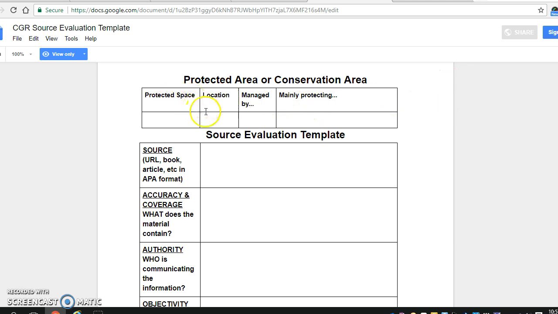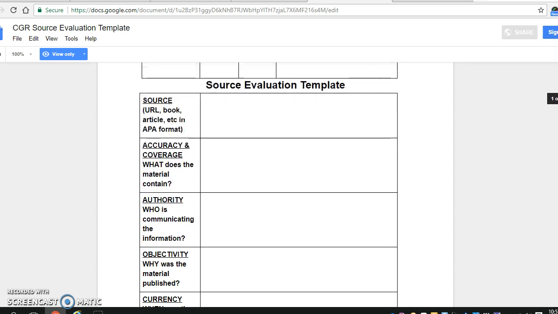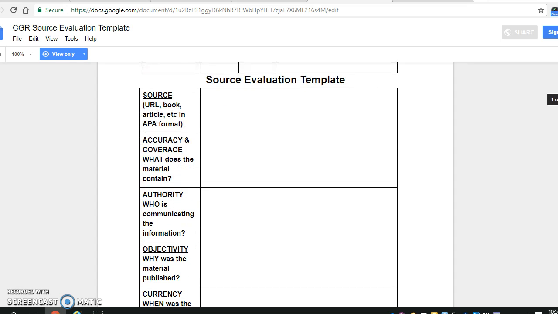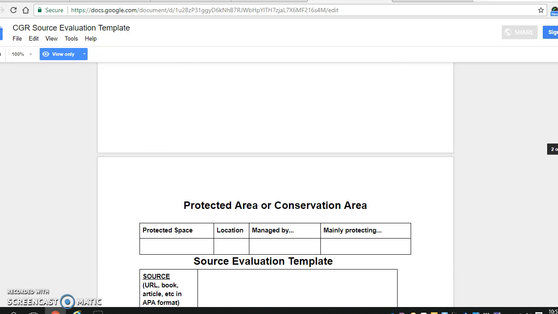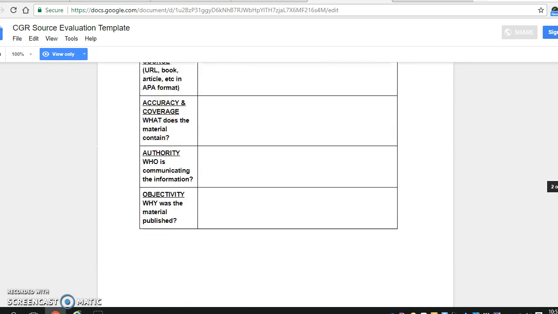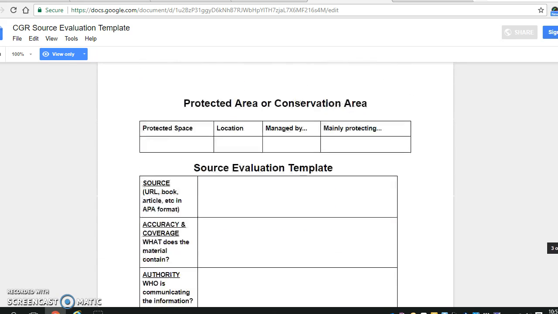Start by where is the protected space location, who's it managed by, why is it a naturally protected area, what is it protecting exactly, and then go through what is the source of the information for this article, and fill in the rest of this information that comes along with your source evaluation template. Okay, you'll do that for 3 different articles, and when you're done that, there is a play pause it video